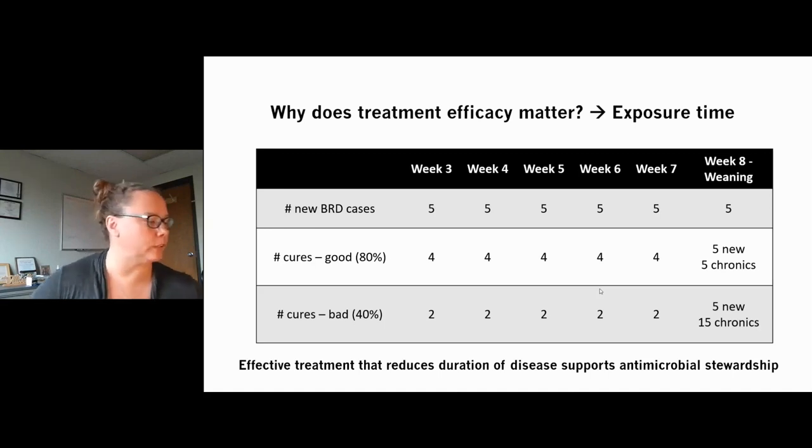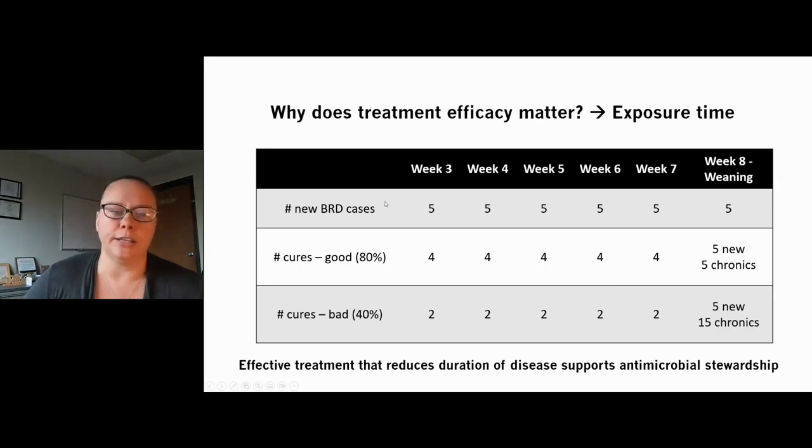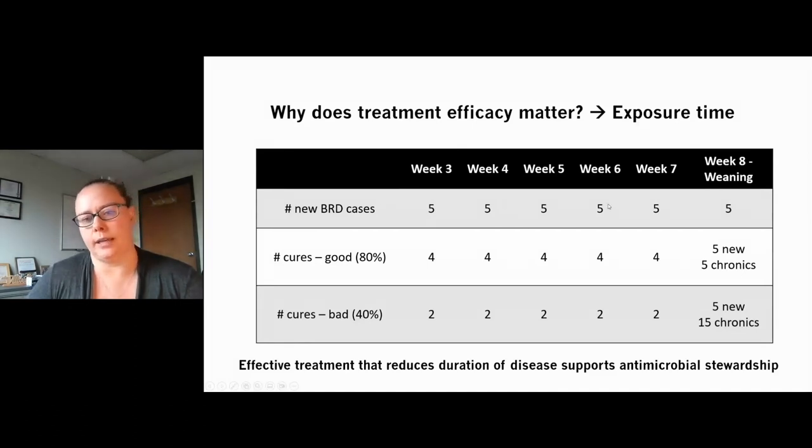So to put this in practical terms, what does that mean for you? Think about in your own herd. This is just a simple example to put some numbers to it. So a lot of times when we start looking with the ultrasound, calves will be developing pneumonia by week 3 of age, so between 14 and 21 days of age. And let's say for this operation, you get 5 new cases of BRD, of pneumonia per week, right? So 5 cases, 5 cases, 5 cases, all the way up to